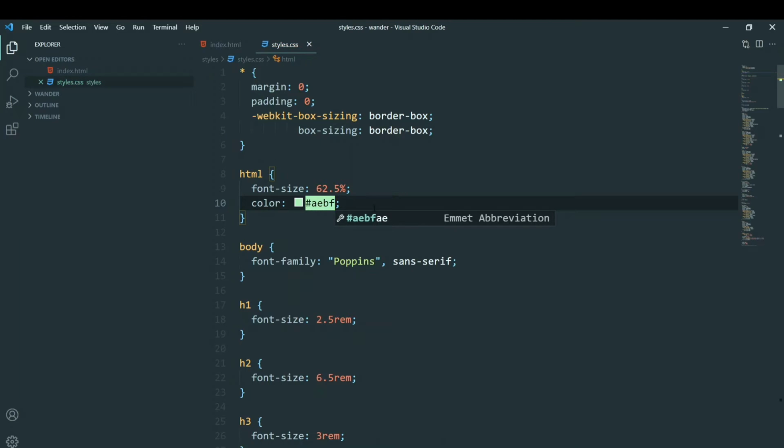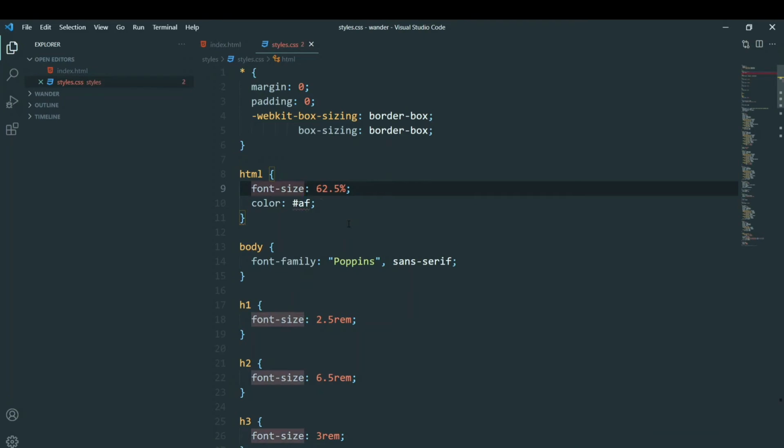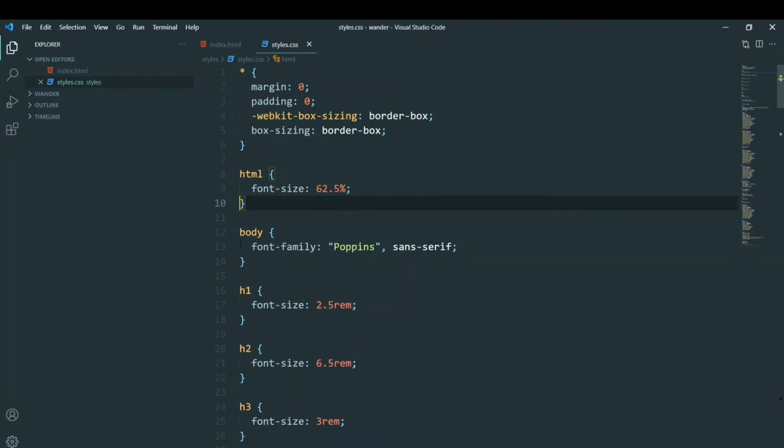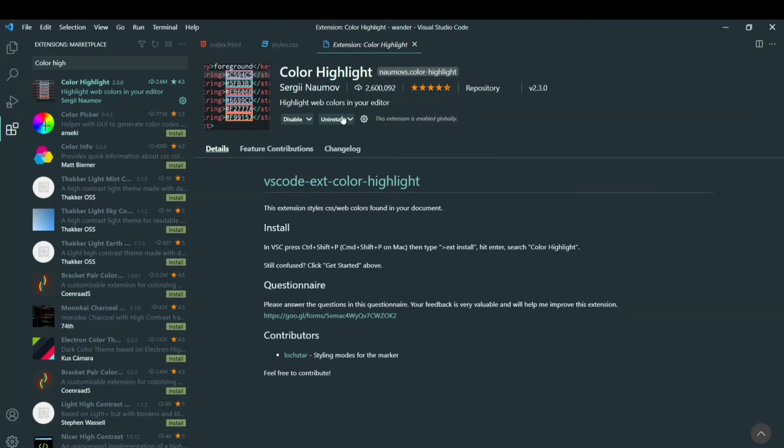So you can see, if I don't have this extension, it will just be random code, but with the help of this extension I can actually see the color, how it looks. So I can even create my own random color and see how it looks. I'll just write AB1 to F. So this is how it will look. This is another helpful tool which helps us know what color we are using. It highlights whatever we write in hex codes or RGBA values, which we could possibly not remember. So again, this is very helpful.